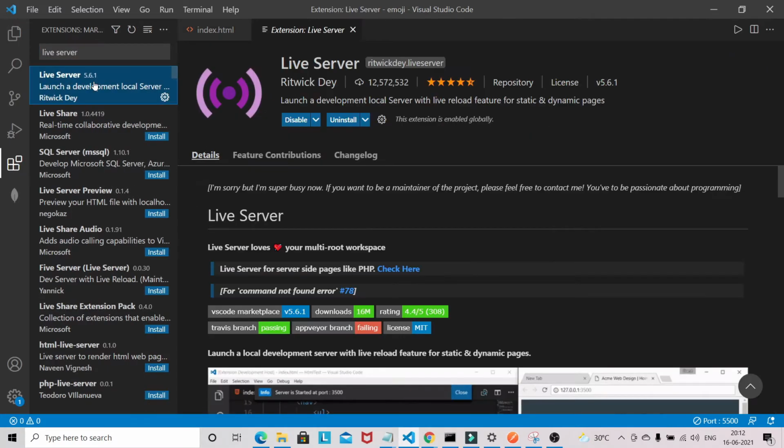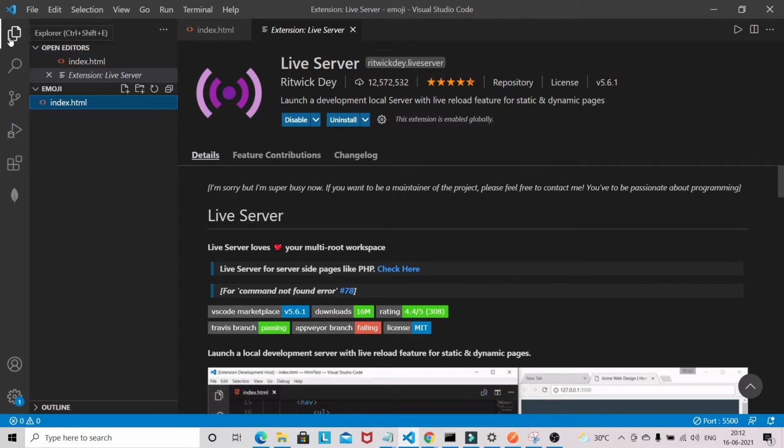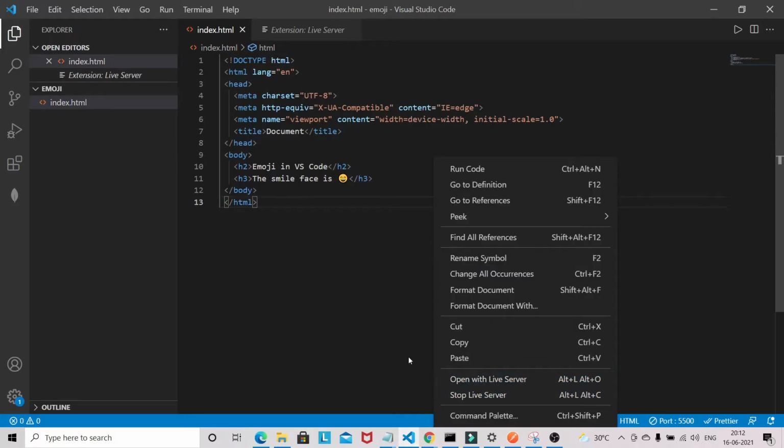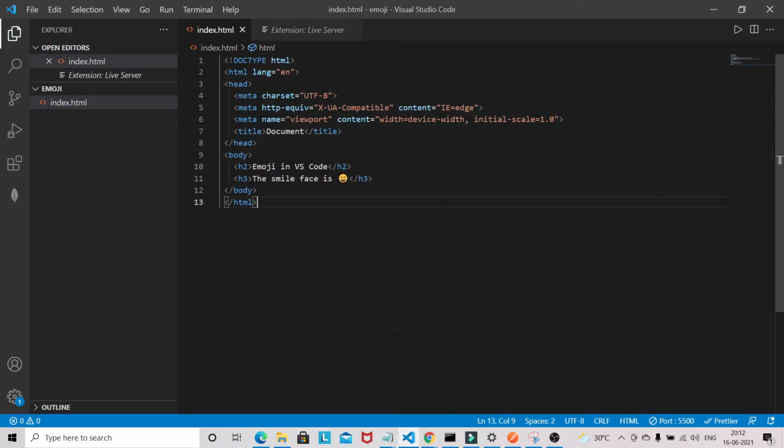So yeah, you have to install this live server, so that you will get this option open with live server. So I won't open because it's already running on port 5500. Now let's go into the browser.